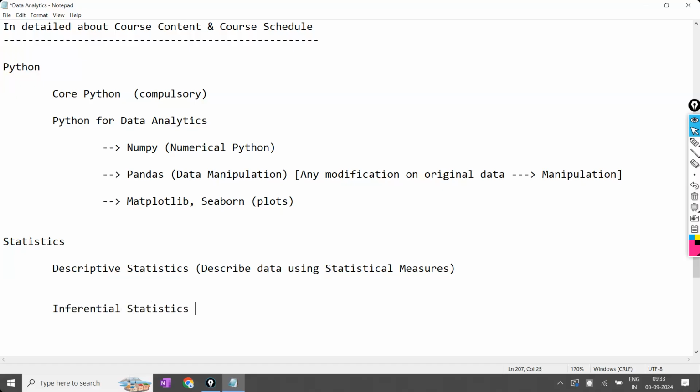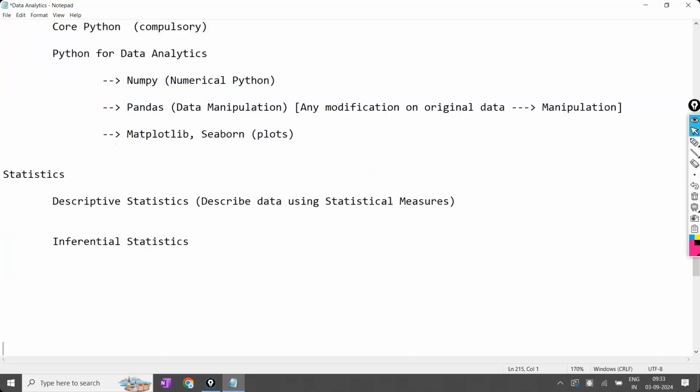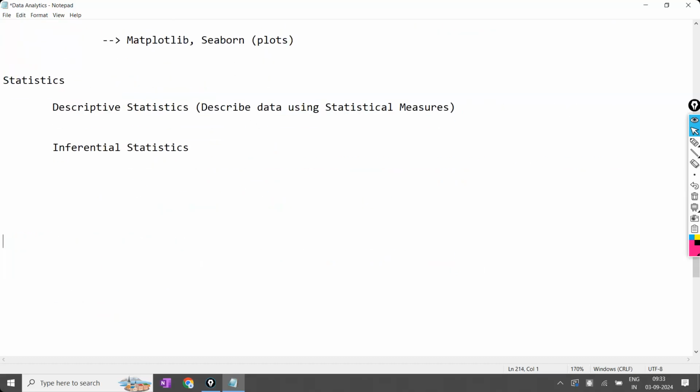Now, what is inferential statistics? It means we are inferring. What are we inferring? We are inferring about the population based on the sample. Now, what is meant by population and what is meant by sample? Let me explain with a simple example. Let's take a small example to understand this. Take the Kinley water bottle company. Kinley water bottles are available, and a 1 liter water bottle is available, as everyone knows commonly.